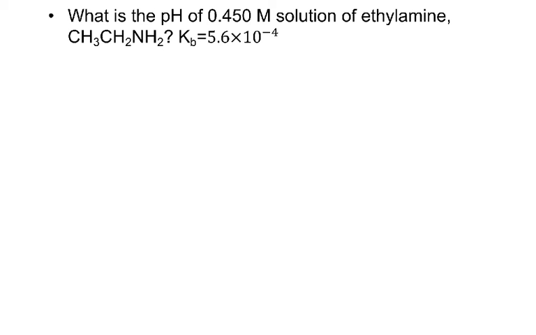So, just like we did for weak acids, if I want to know the pH, I need to do an ICE table. So, I'm going to take my ethylamine and react it with water. I'll use my equilibrium arrows. All right, if ethylamine is a base, that means it's a proton acceptor. So it's going to take a proton away from the water, leaving me with hydroxide ions. And the conjugate acid of ethylamine